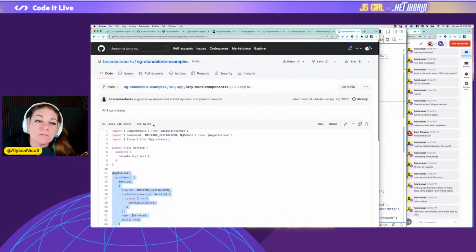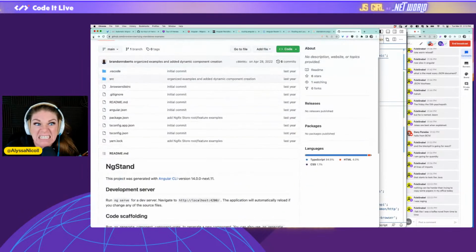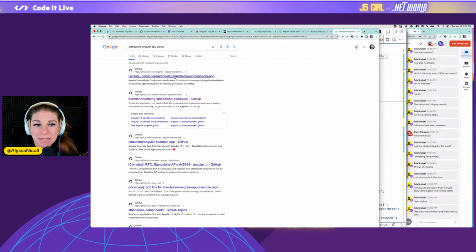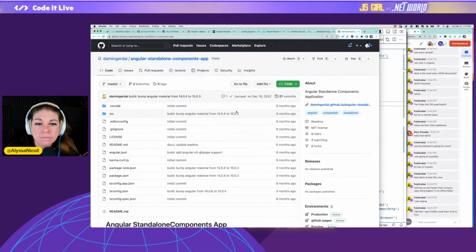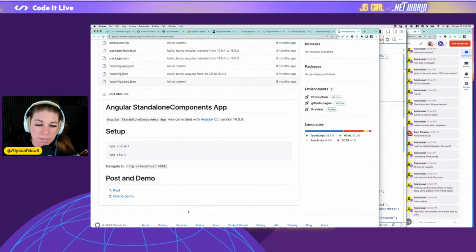Okay. And this was Angular version 14. So it's definitely not what we want. Try again. How about this first one? Bump Angular material from 14 to 15. But what version is your Angular? Version 14. Which was when you could first do this, but